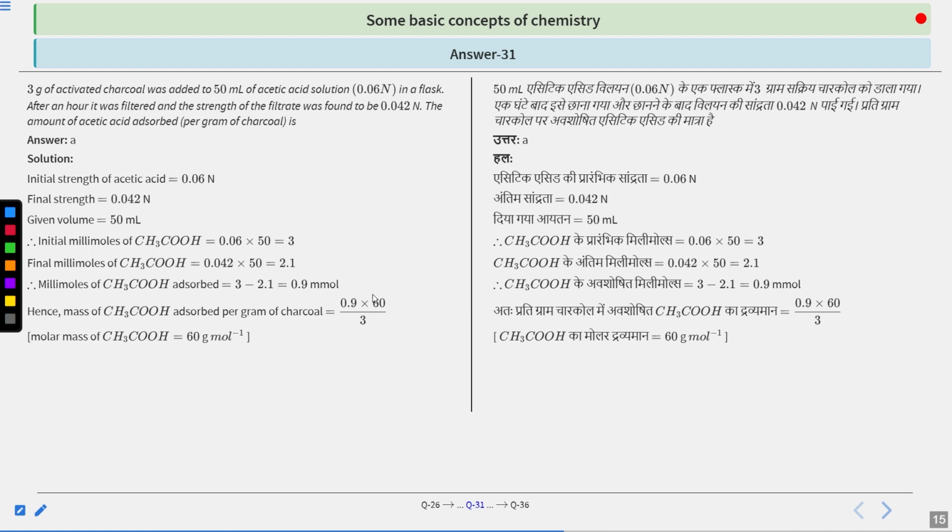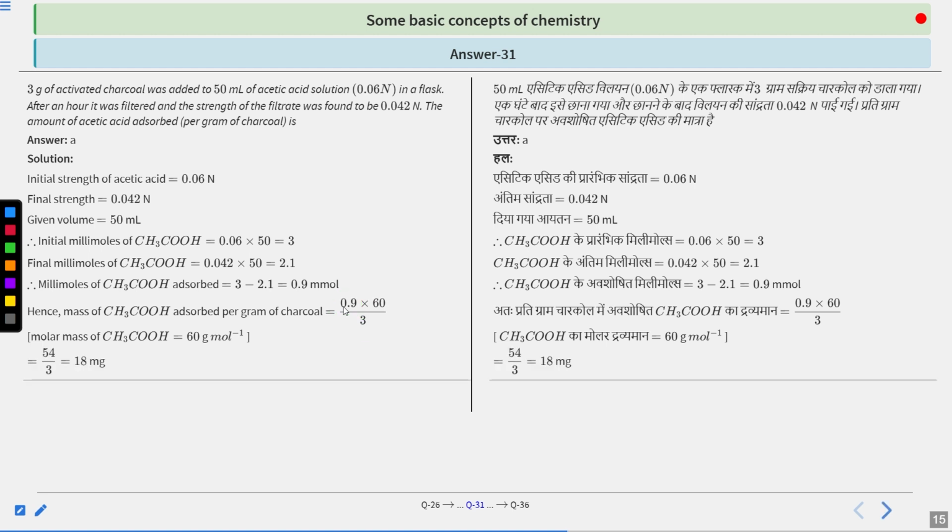So it is 0.9 into 60 divided by 3. Okay, 0.9 multiplied by 60 divided by 3. Clear? Okay. So this is the molar mass. So we have multiplied these moles with this thing. Okay. So we got this thing, right? Okay. Now next,